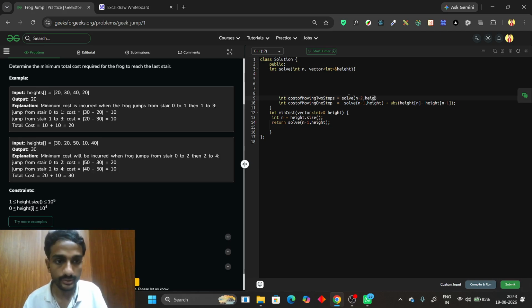So it will be height plus absolute of height n minus 2 minus height of n. And at last we will take the minimum of these two, return min of